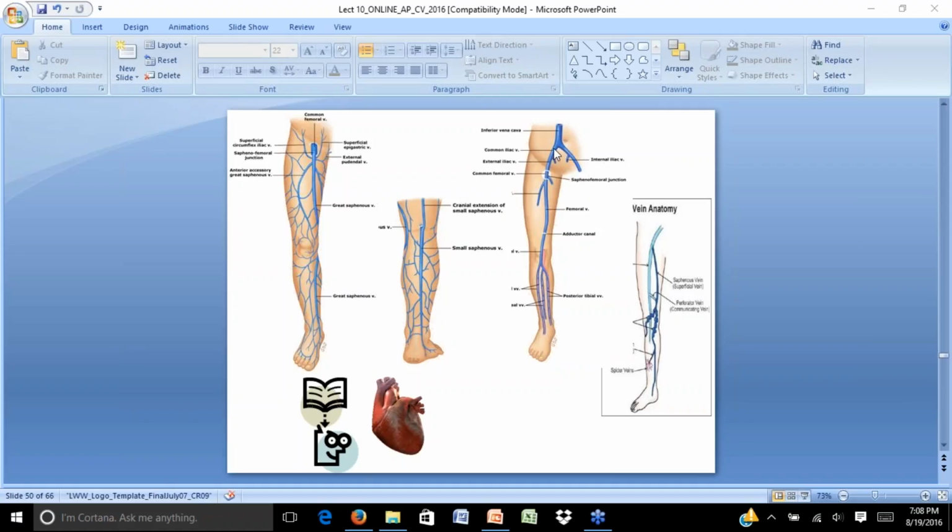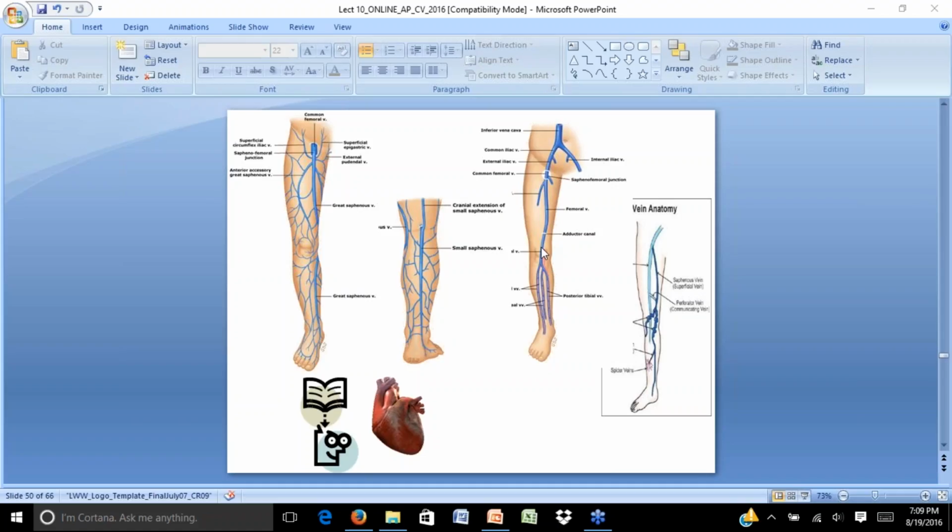This common iliac vein joins the other common iliac vein to form the IVC. So the blood is going to go in this direction. Again, we have the posterior tibial vein with the anterior tibial vein. We have the peroneal vein. They are going to come together to form the